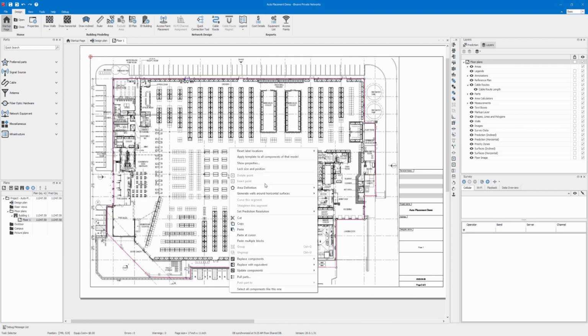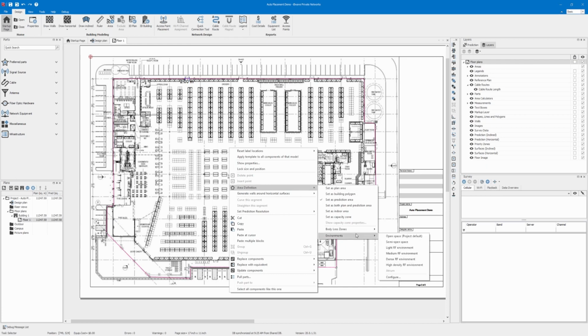Alright, so this is set as my prediction area, and I will assign it an RF environment of medium RF,